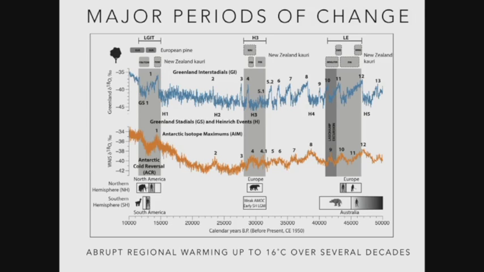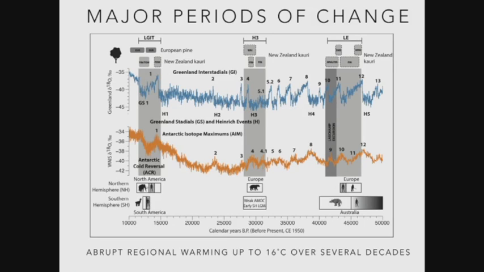And we've chosen 3 particular periods here. One at the last termination, or the last glacial interglacial transition, which is, for those familiar, the Antarctic Cold Reversal and Younger Dryas, basically the last 14 to 11,000 years ago. Just at the beginning of the last ice age proper, around a period that we call Heinrich 3, about 28 to 32,000 years ago. And also another period, which is a lot older, about 40, 45,000 years ago, around something known as the Laschamp excursion. Each of those periods has particular features that we're interested in.